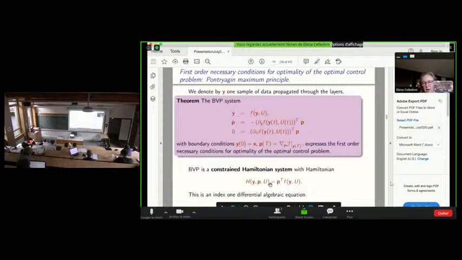Here the Hamiltonian is given like so, it's very simple, and this is a differential index 1 differential algebraic equation because of the constraint which comes from differentiating with respect to the parameters u.